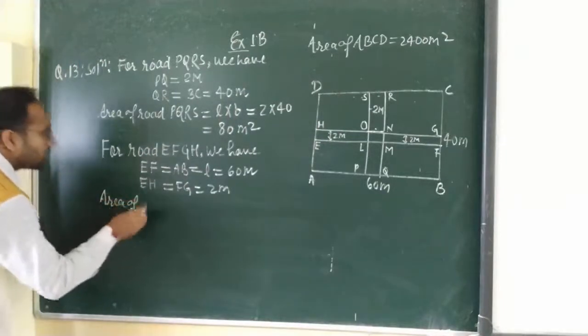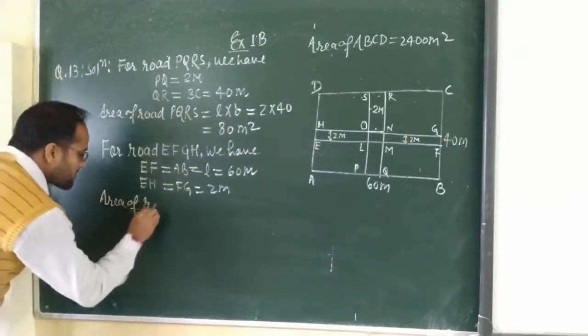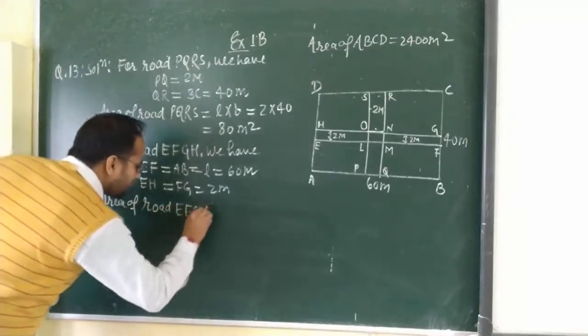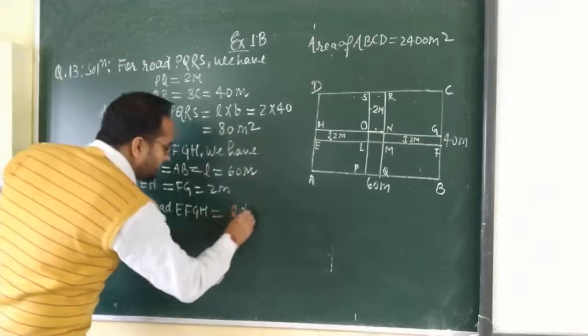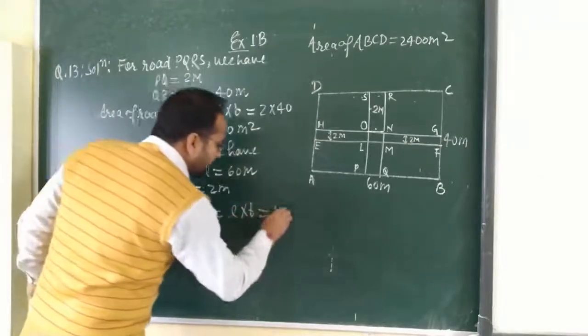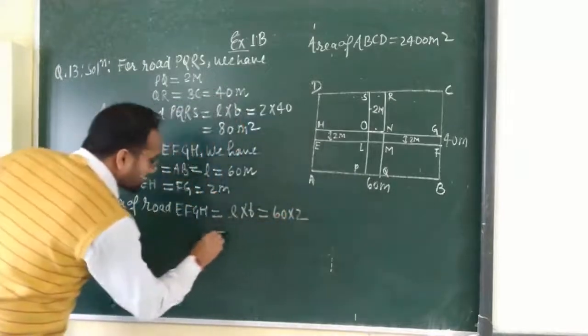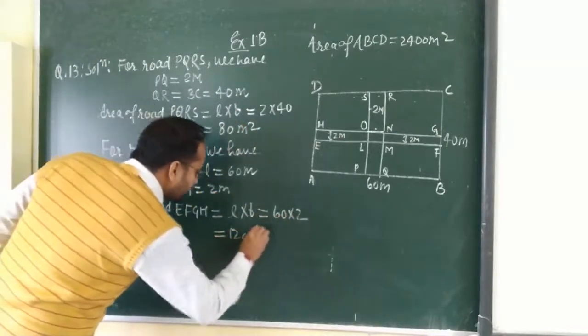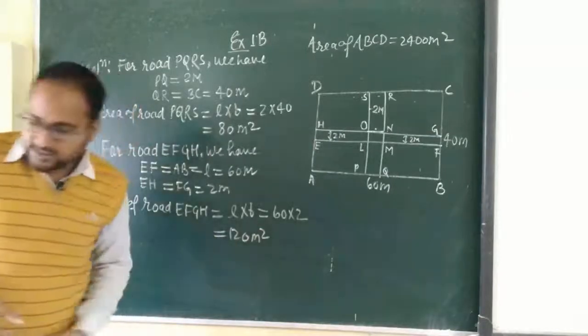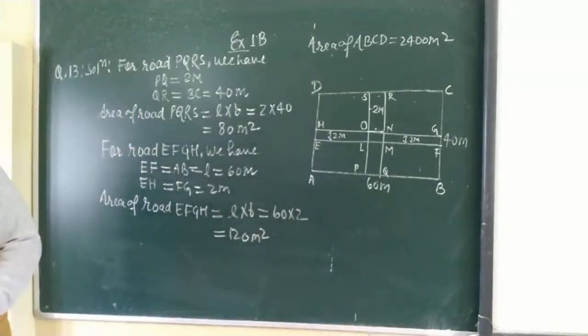Area of road EFGH is equal to length multiplied by breadth, and this is 60 multiplied by 2, you will get 120 meter square is the area of this road EFGH. Okay,